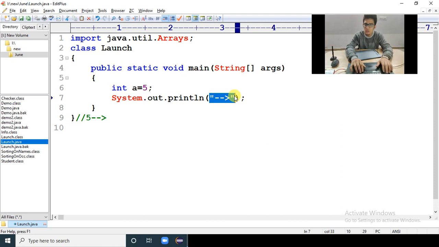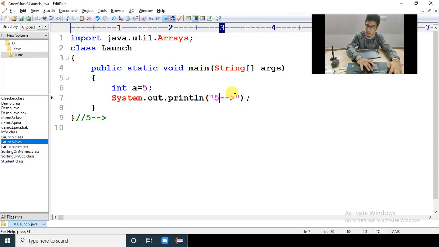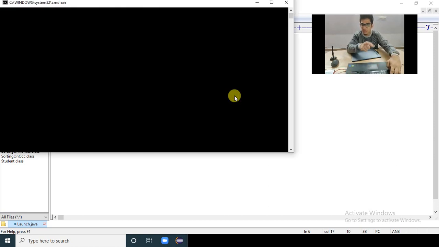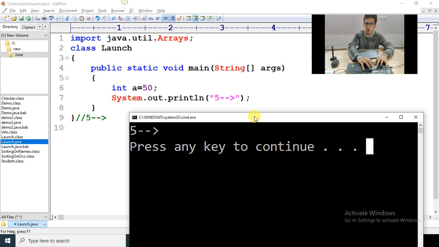So before this I want one variable, I want to put the value of a variable. Yes, if I wrote 5 here, you are saying, sir, we can write 5 only. What's the problem here? I don't want that 5 to be fixed, because when a's value changes to 50, I want that 50 to come here, not 5. But you notice here, if a's value becomes 50, your output is still 5 only.